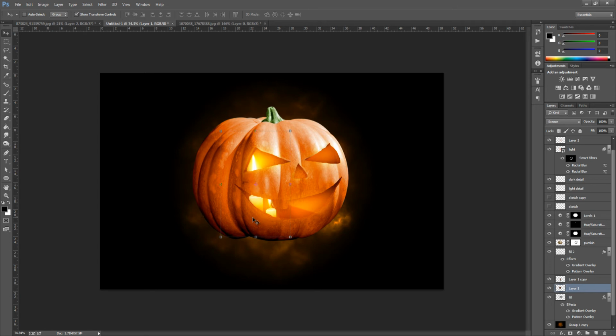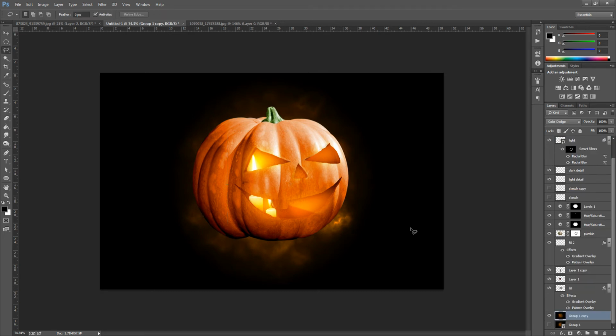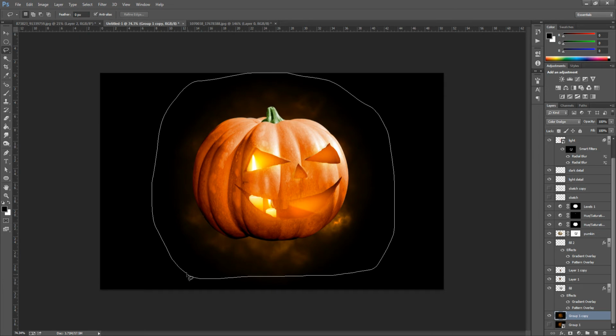So now that we have done that, we're going to go back up to the top and select the top layer. So make sure you have that selected. Then the next thing we're going to do is go down to the bottom, second from bottom. We're going to do a bit more to the background. So we're going to grab the lasso tool on the left hand side, and we're going to be pretty generous with this. We're going to go all the way around, so nothing too much like that.